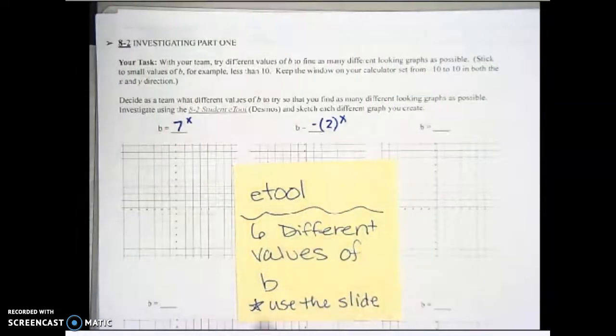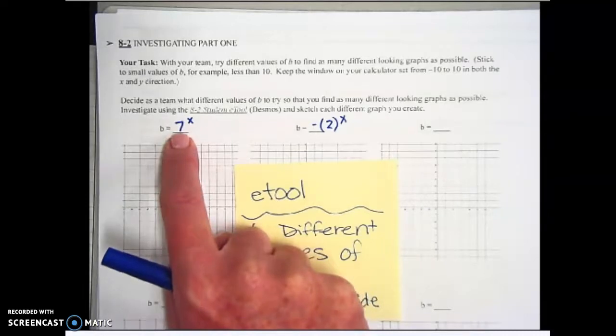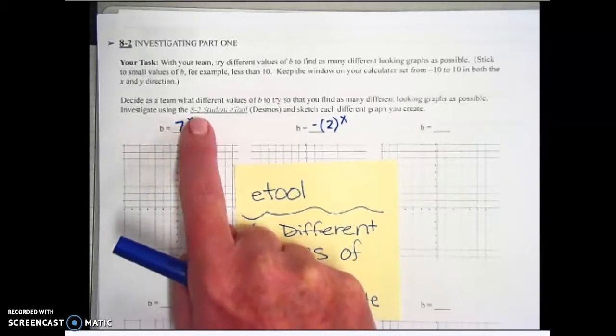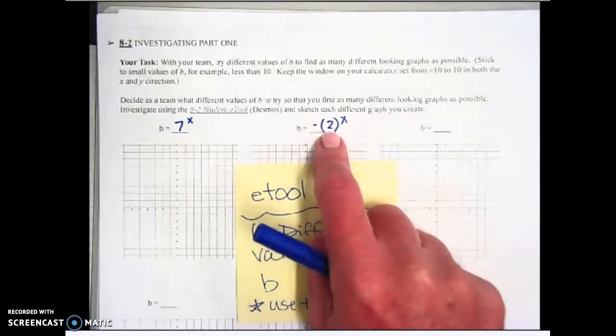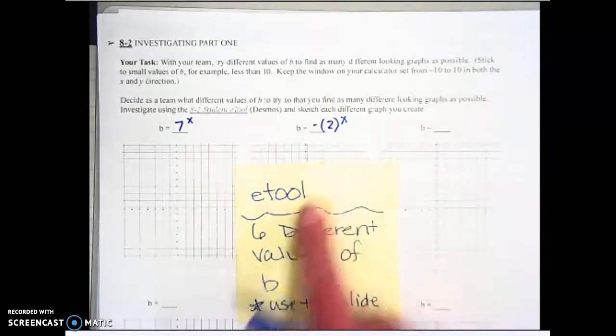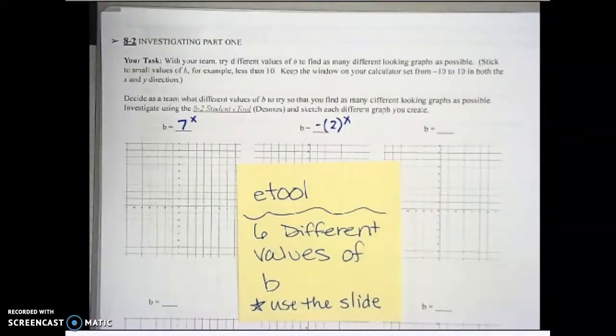The E tool is going to have a slider for you to use. So with your pointer, you're going to grab it, drag it across until you find one that you like, that you can draw on here. And then you're going to write down what number it is. So let's say you pick 7 to the power of x. Okay, you're going to write it down. And then you're going to draw the graph. Then you're going to pick another one. Say you pick -2 to the power of x. You're going to draw the graph. And then you're going to keep going until you have 6 boxes filled up, all with different ones. You can't use the same one more than once. Okay? And then when you're done filling in those 6 graphs,